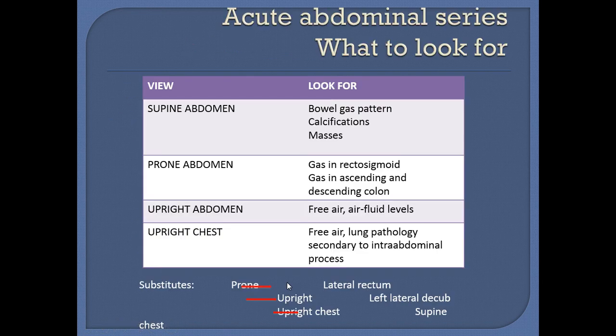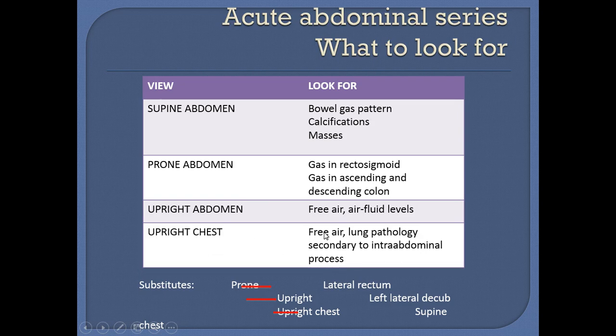What is the purpose of supine abdomen? We want to evaluate the bowel gas pattern, we want to see the calcification and the masses. In the prone abdominal film, when the patient is lying with face downward, the gas in the rectosigmoid, in the ascending and descending colon is observed, and in the upright abdomen, which is the erect abdominal film, basically we can see the free air and the air fluid levels in cases of obstruction,